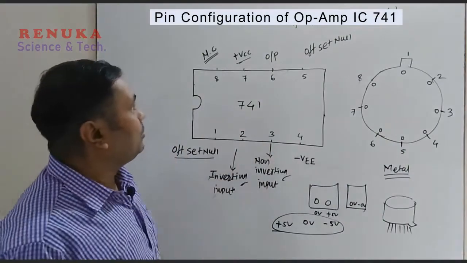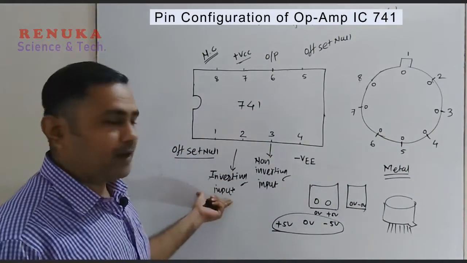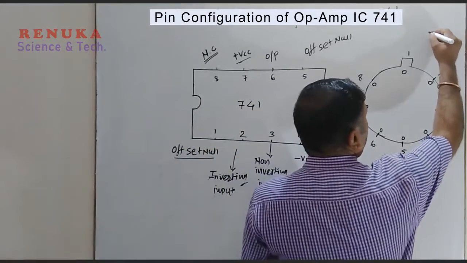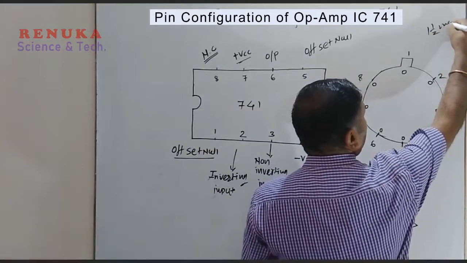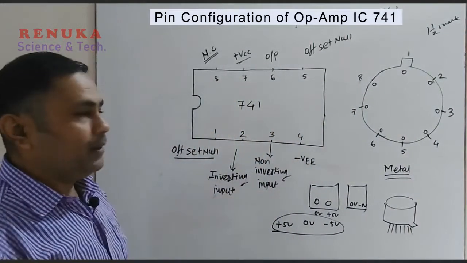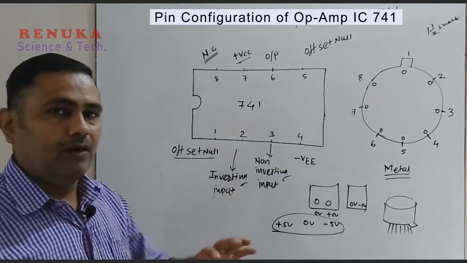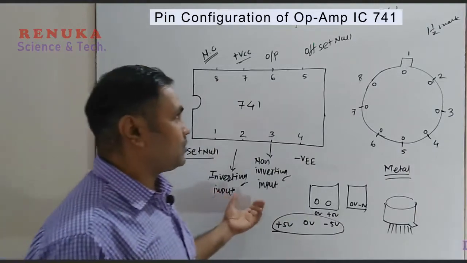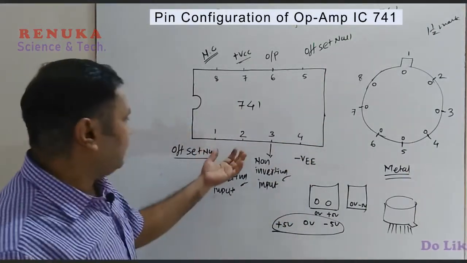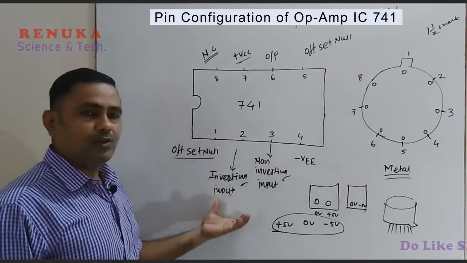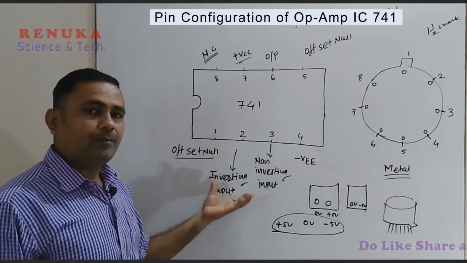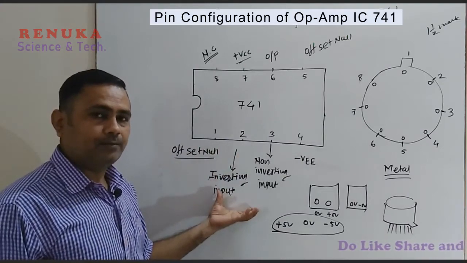So this is all about the pin diagrams of the operational amplifier, and this question may be asked for 1.5 marks, because this question will be asked with another question as a combination of two questions. So it will have 1.5 marks. Mostly the plastic package is the one asked in the examination. So this was about the pin diagram of the operational amplifier.